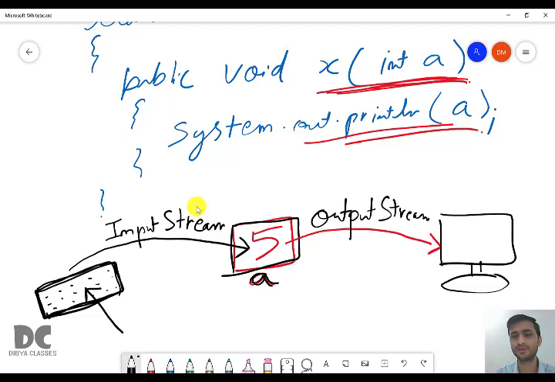Output stream links your variable with the monitor, so that when you write this statement println, it helps you to print the value 5 on your monitor. So this is the actual work of input stream and output stream. Input stream links your keyboard with the variable, and output stream links your variable with the monitor, so that we can easily take input and we can print the values.